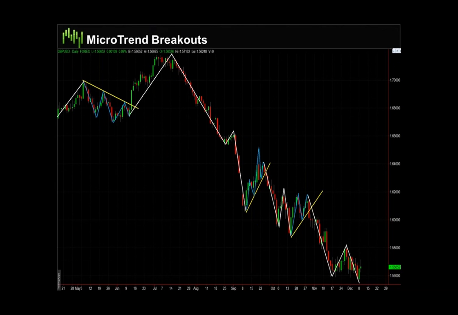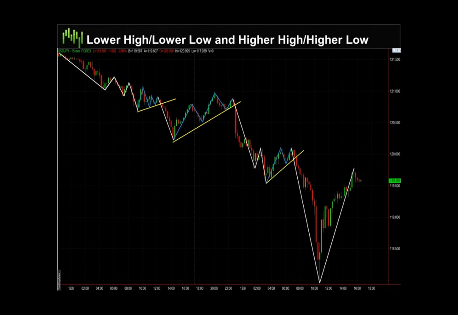Okay, what do you do if price action doesn't give you any micro returns to enter? Then you don't enter. Why would we want to force a trade when we can sit back and wait for a good trading opportunity to show up, like a micro trend?